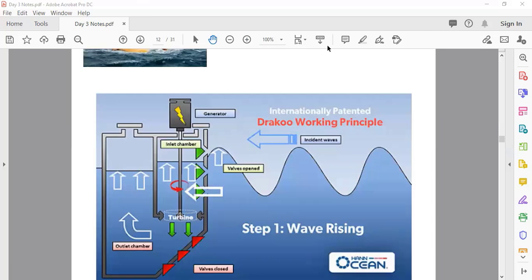Now, for example, this is the system which is inside the sea. When the water levels go up and down, sometimes water goes up, sometimes down. This movement creates a circular movement. Moving up and down in a closed container makes a circular movement, and that circular movement moves the turbine, and the turbine moves the generator. Once again, I'm telling you,